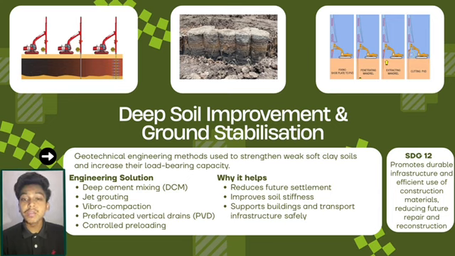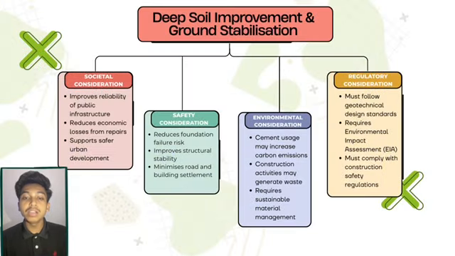In alignment with SDG 12, these practices promote durable infrastructure and the efficient use of construction materials, thereby reducing future repair and reconstruction needs. Implementation requires balancing several factors: societal, improving the reliability of public infrastructure and reducing economic losses from repairs to support safer urban development; safety, minimizing road and building settlement while reducing foundation failure risk to improve